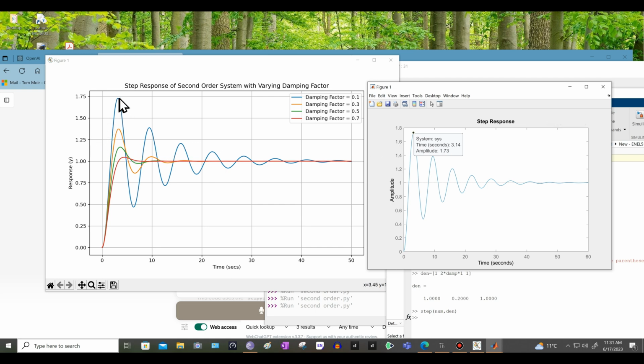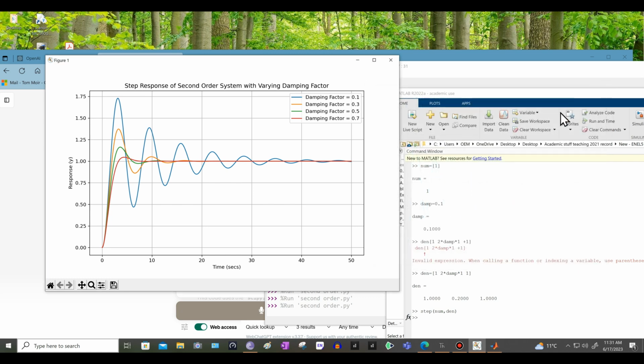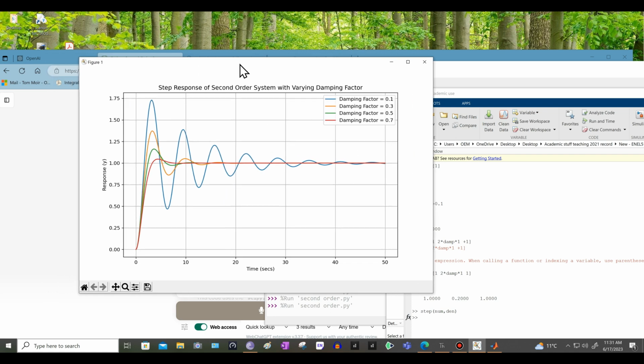I can do the same thing here. Again, this is very similar to MATLAB. You see down in the bottom right here, you see the X and Y. It says 1.737 there. Yes, it changes as I move along for each of the graphs. Its first oscillation finishes by about 10 seconds, it's gone to this first peak, just past the second peak really of this response, and there it is. So clearly that simulation is right, and that's quite a nice demonstration really of ChatGPT